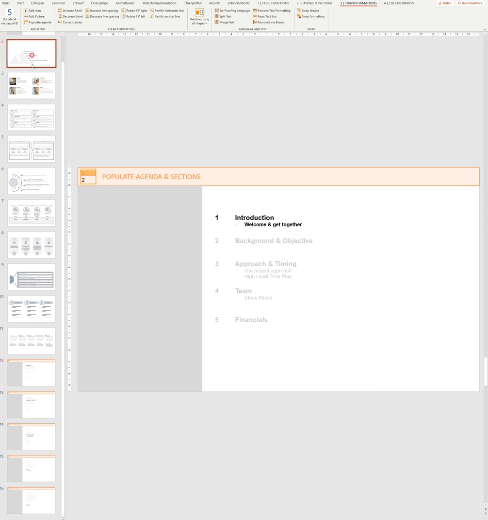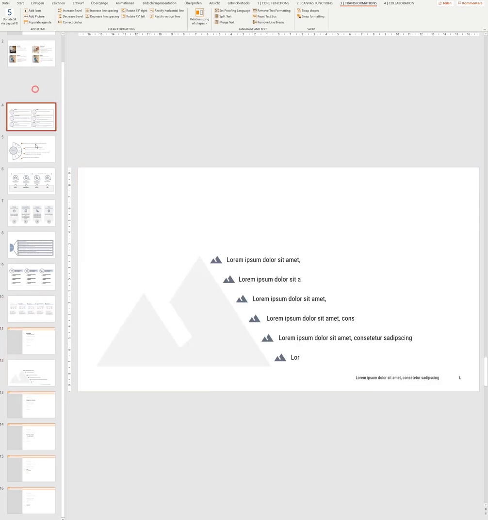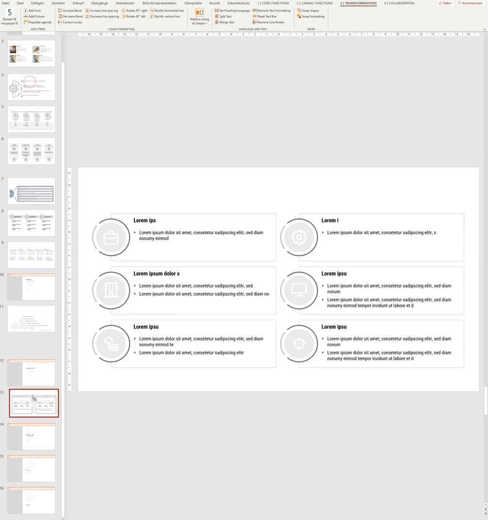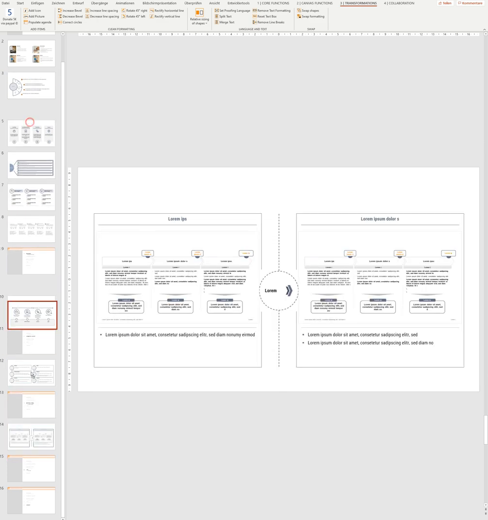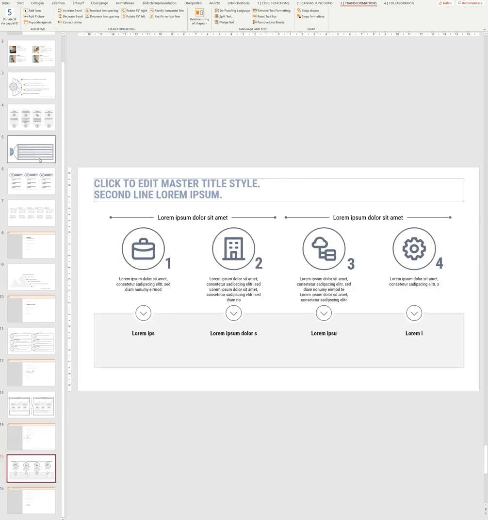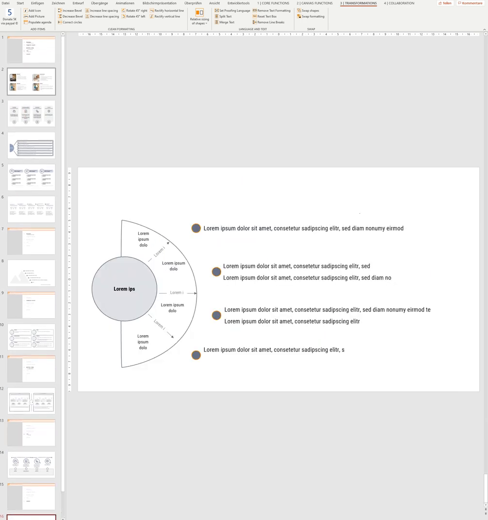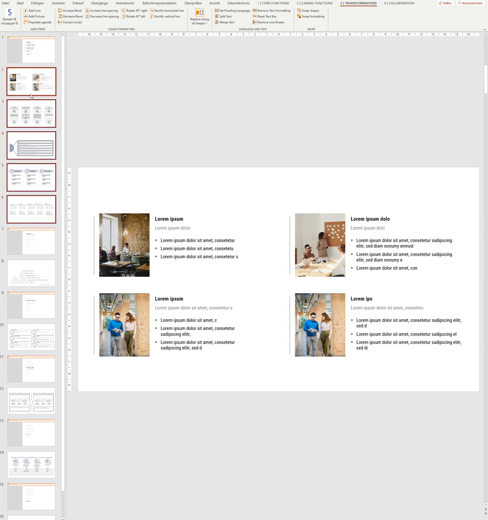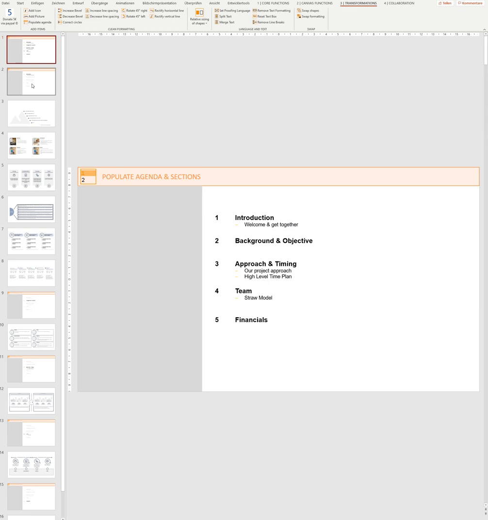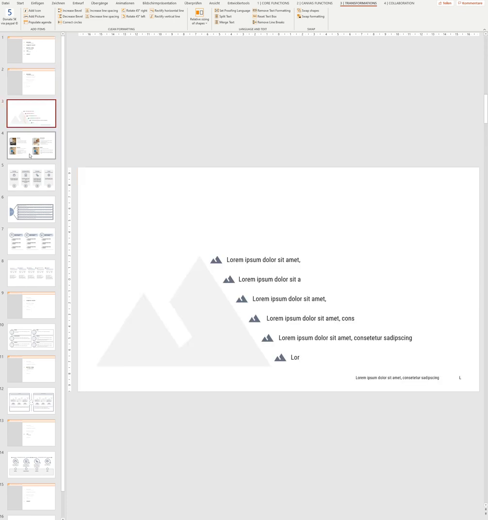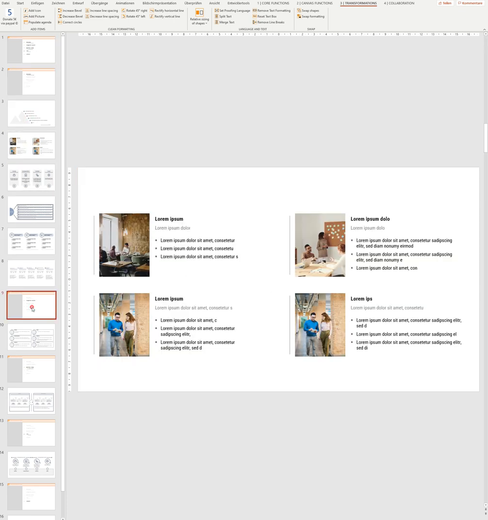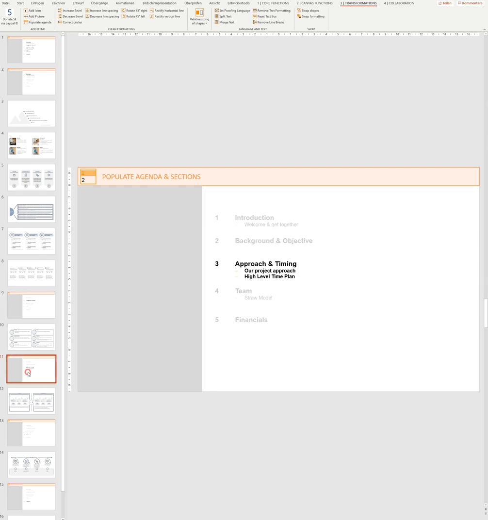And now you can just start dragging slides into those sections like this. And let's put them in the first section as well. Let's put them there. So as you can see here, you then start with the introduction, go to this slide, then you're in the background objective section, and so on and so on. Even more so,